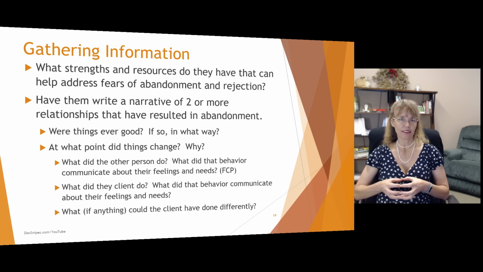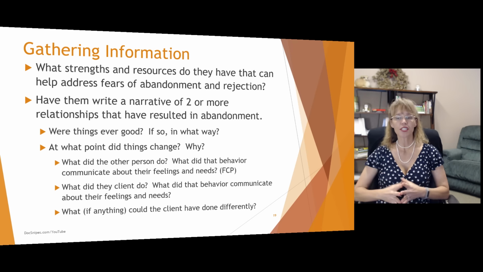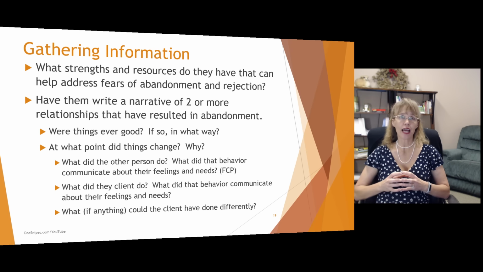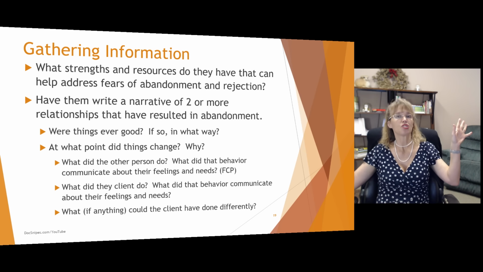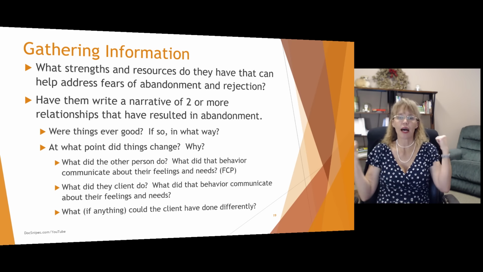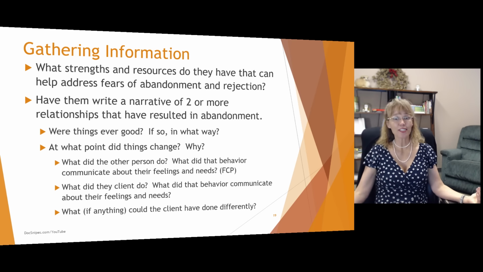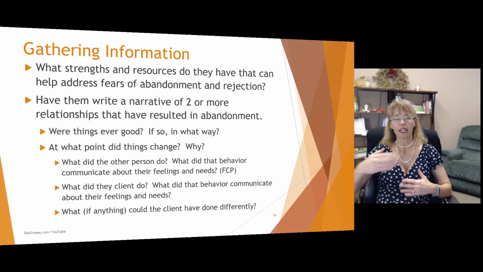What, if anything, and that's important, if anything, could the person have done differently in the relationship that may have led to a different outcome? Maybe they decided as soon as the relationship started to hit a bumpy patch to terminate it. Just, fine, no, too much stress, I'm out. Okay, well, obviously that led to the end of the relationship. Is there a different way that you could have handled it that may have resulted in getting through that patch?